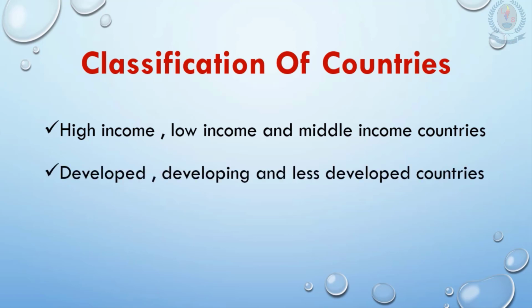Developed, developing and less developed countries. That is also another classification of countries where it is classified based on their income and based on some other factors such as the technological advancements, the availability of resources, etc. Countries like Japan fall under developed countries, whereas Sri Lanka comes under developing countries. Emerging economies. Middle income countries which could become high income countries over the next 20-30 years are what we call emerging economies.